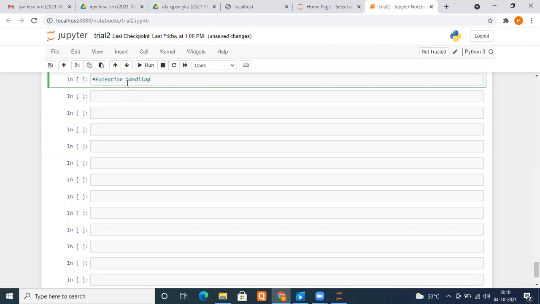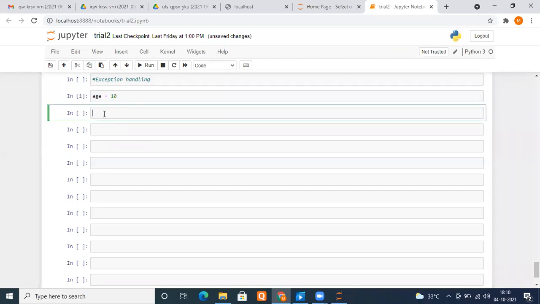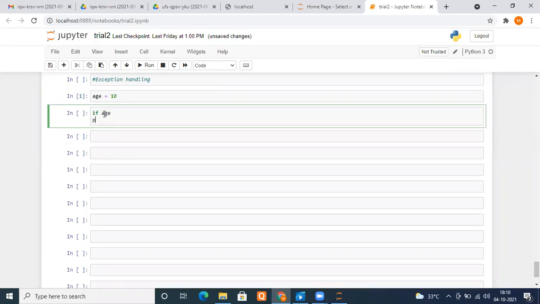Now understand what an exception is. Before going to the exception, let me explain something. I'm typing something here. For example, if I declare a variable age equal to, let's say, 10, then I write if age, and then I type print hello. The moment I run it,